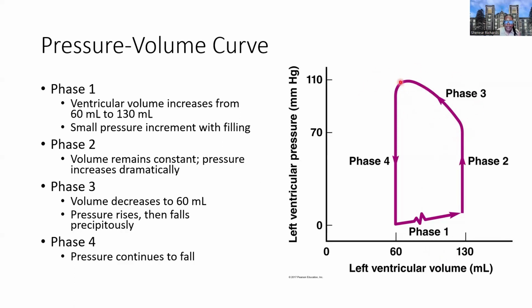And then at the end here, phase 4, we see the pressure drop off steadily as we have isovolumetric relaxation, and the volume will remain the same at 60 milliliters. Okay, so this creates this pressure volume loop or curve that again can tell us a lot about the heart